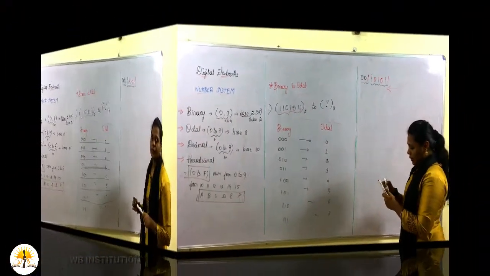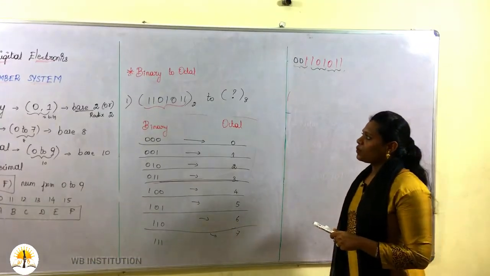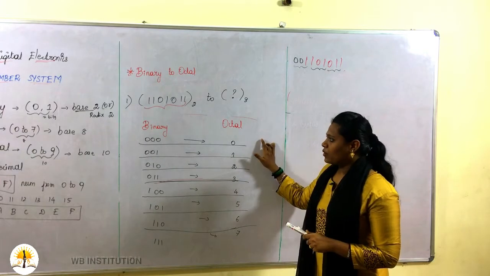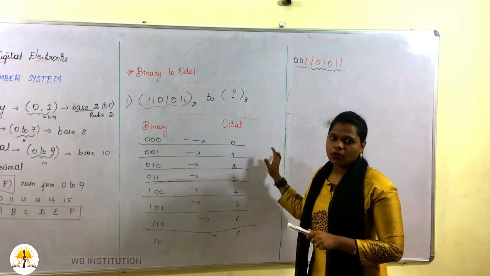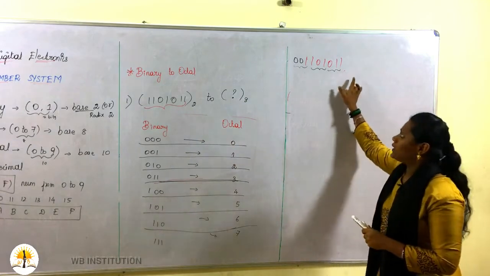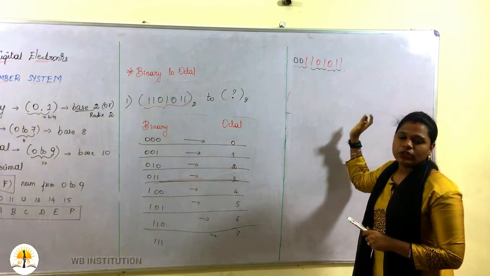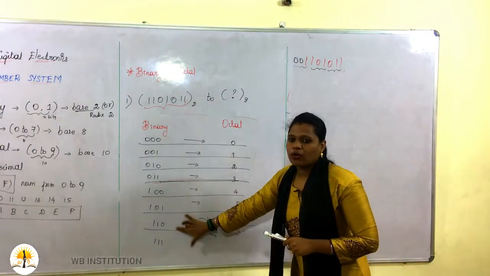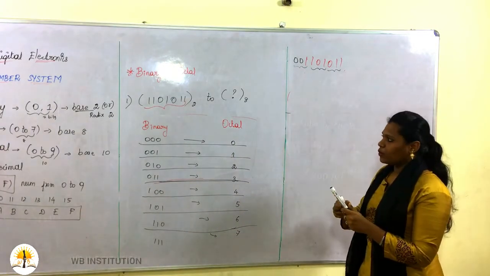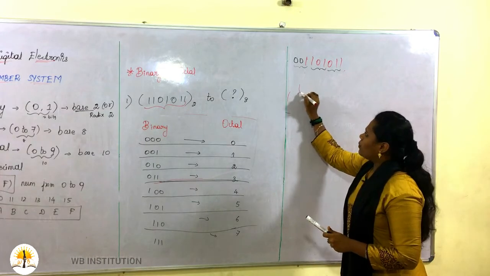Okay, so now check. Just take this question, 11010111. Just by heart this table to convert binary into octal. Whenever you receive a question like this in binary, you need to split the data from the right side into 3 bits, since the binary digits for octal are only 3 bits. You need to split your data from the last 3 bits. So what is your given question?